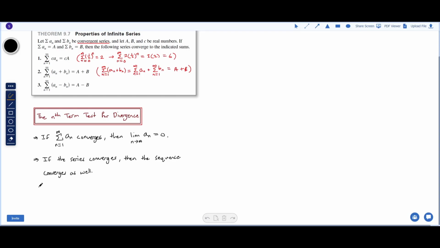Okay. However, we'll say just because the sequence converges, doesn't necessarily mean the series converges. Okay. So what this is saying is that